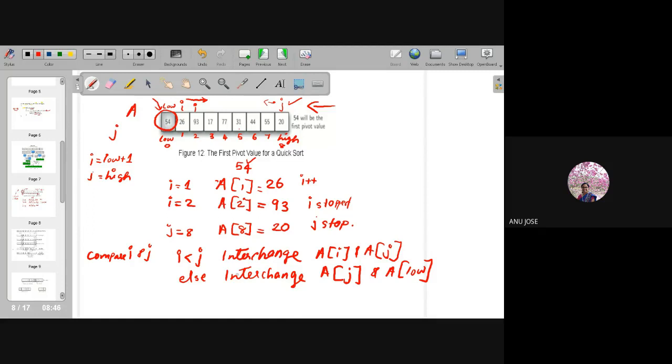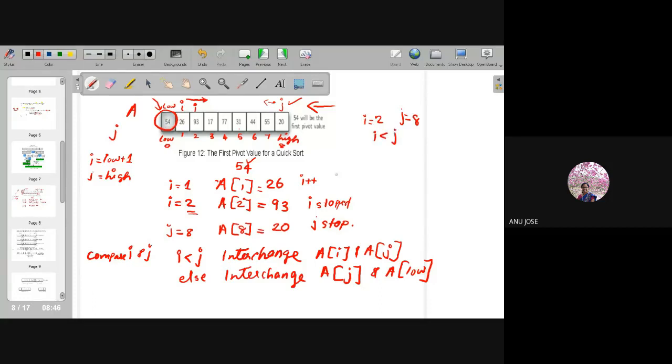The movement of i and j is already stopped. So I compare i and j. i is 2 and j is 8, so i is lesser than j.